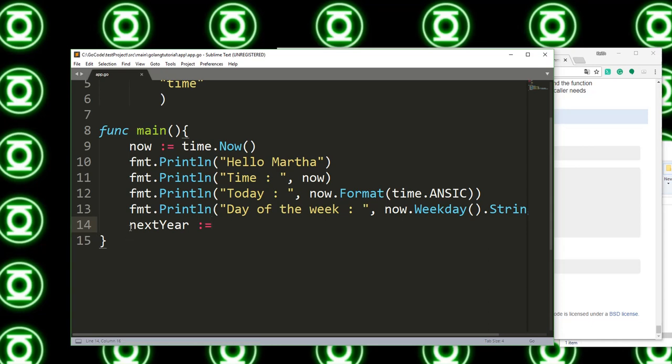That's when the first letter is lowercase, and then the first letter of the second word is uppercase. And then the next word, if you have another word here, you want to call it uppercase, and then type the rest lowercase. So we have next year,